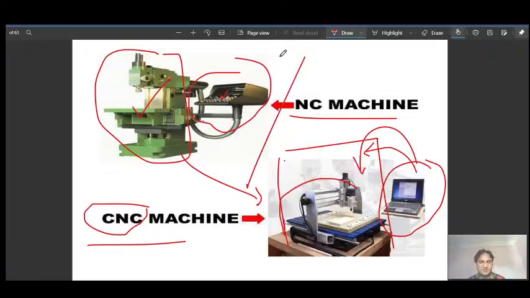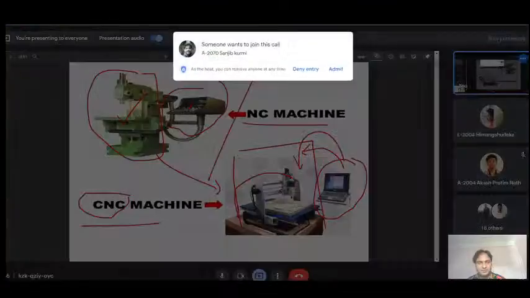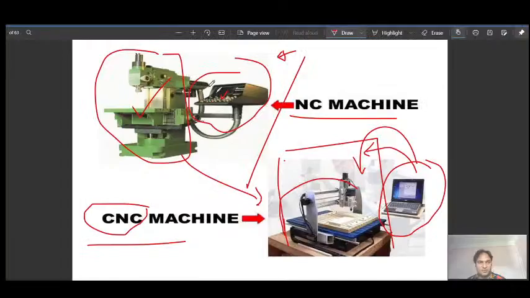One difference is in the form of entering the program: punch card. The NC machine was basic, and then around the 1980s, when the computer was invented, the computer took the place of storage as well as entering the program.